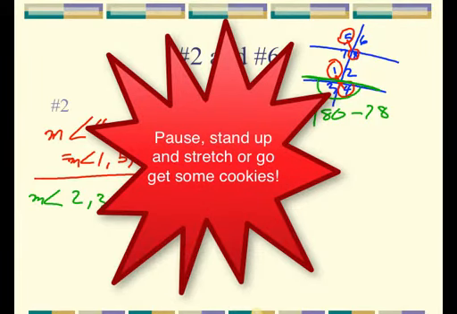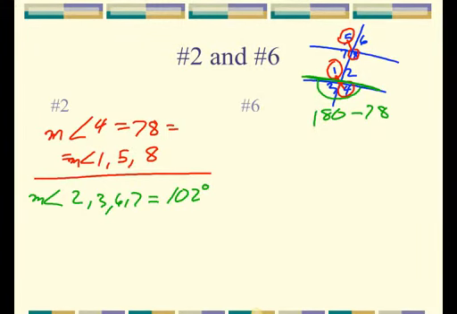All right, let's skip over number 5. I think we'll get the hang of this if we just look at number 6 together. All right, anytime you run across a question like this where there really aren't any numbers given to you, you're just given equations that you have to